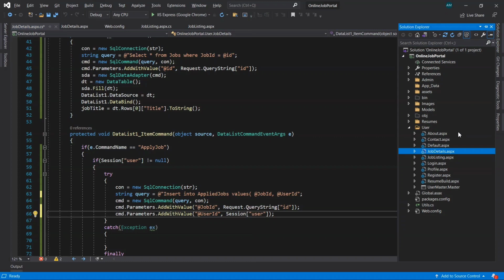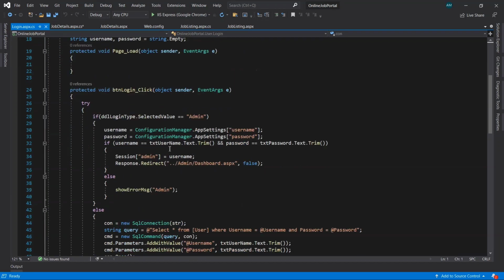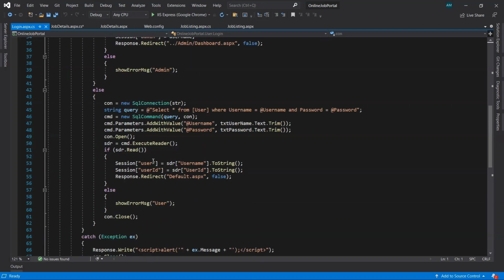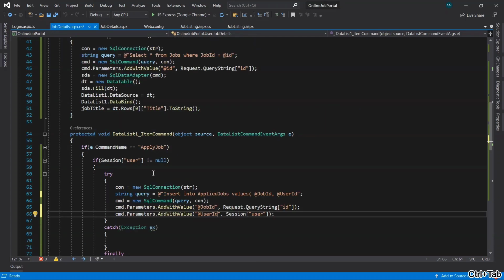Open the login page, login.aspx.cs page. Okay, so here we have the session user that stores the username, which is the unique username, and we have also taken the user ID. So we'll copy this one and paste it here. Okay, save it.